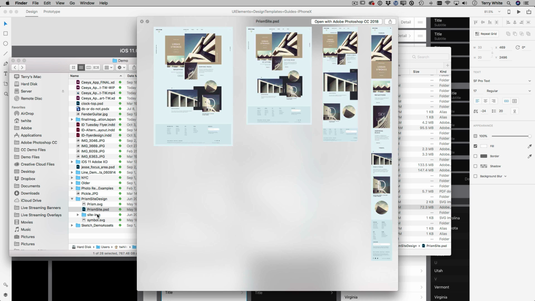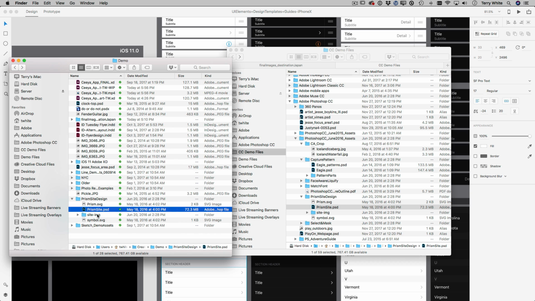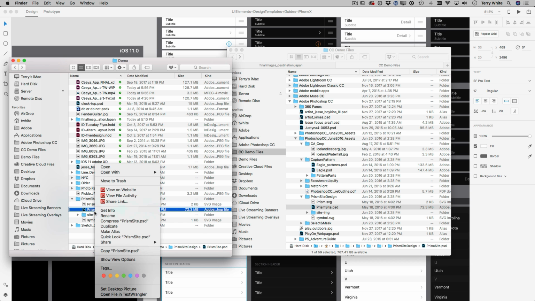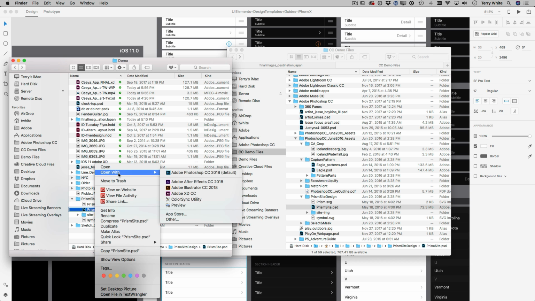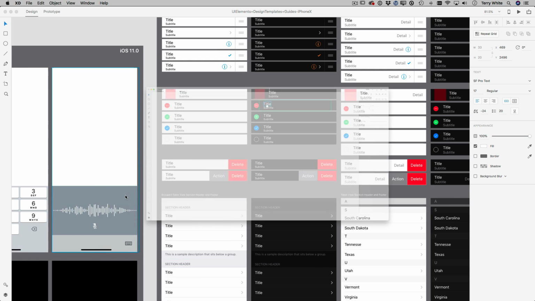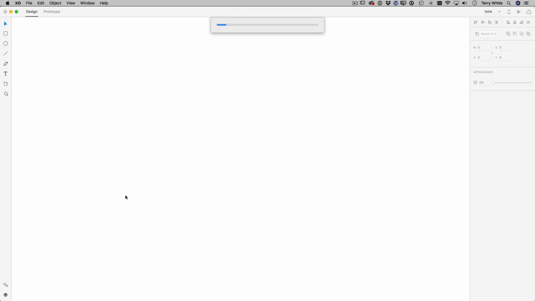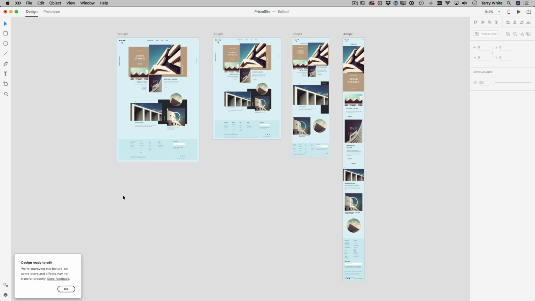And that's great. But in Photoshop, as you know, it would be static. It's just images. There's nothing I can do with it. There's no interactivity, there's no prototyping, there's no showing someone what this looks like. And up until recently, if I wanted to have them see this as an XD file, I'd have to rebuild it from scratch. That all just went away. I can right-click on this now, and I can say Open with Adobe XD. When I say that, it will take my Photoshop file, all those artboards, and convert them into